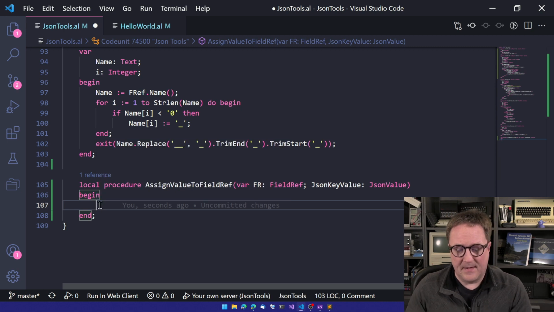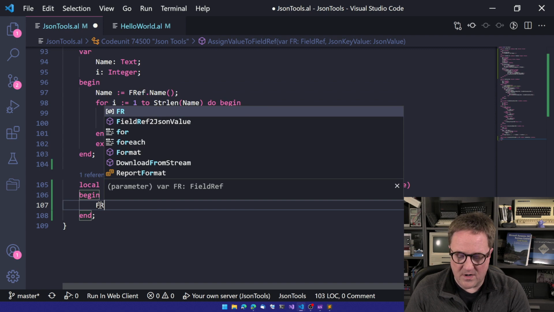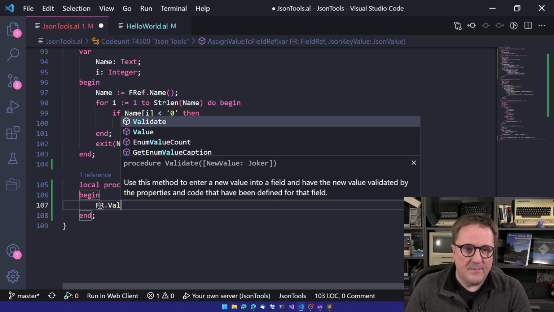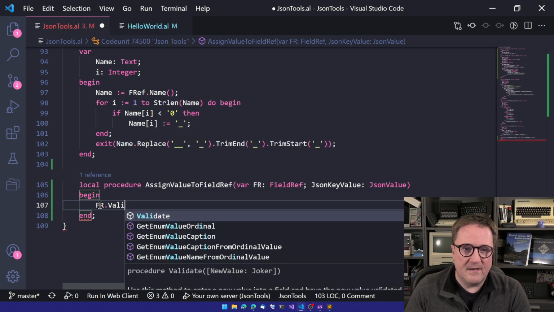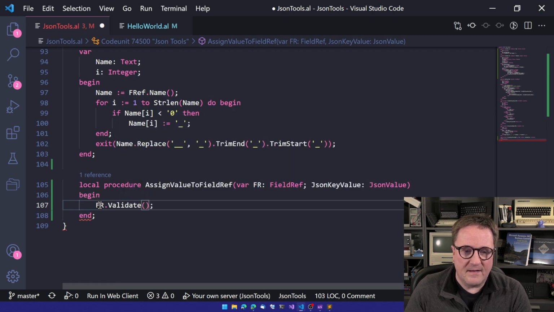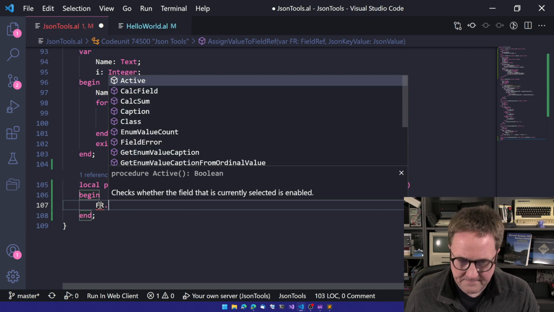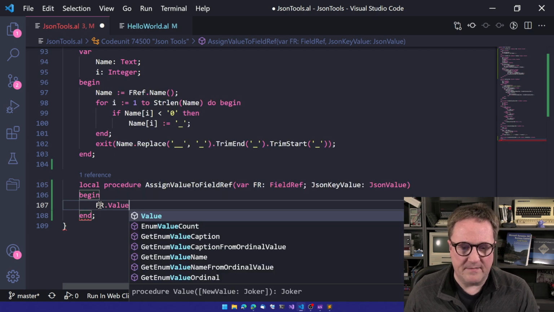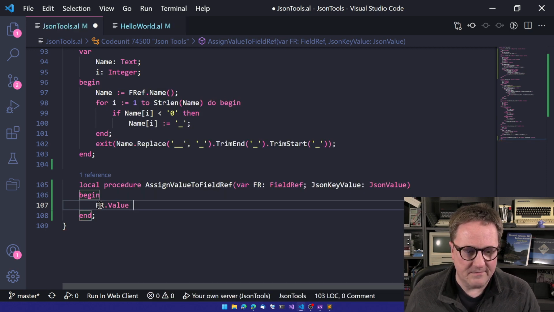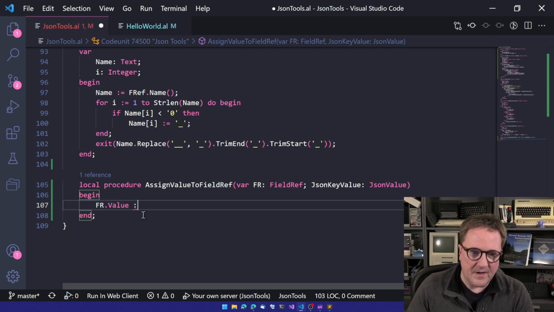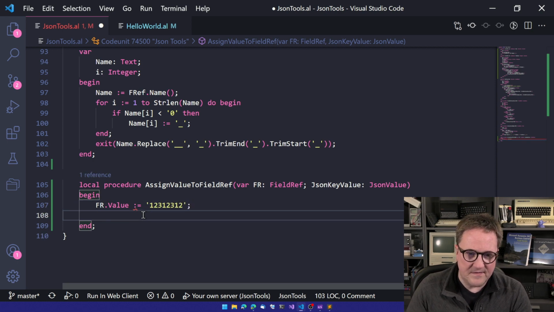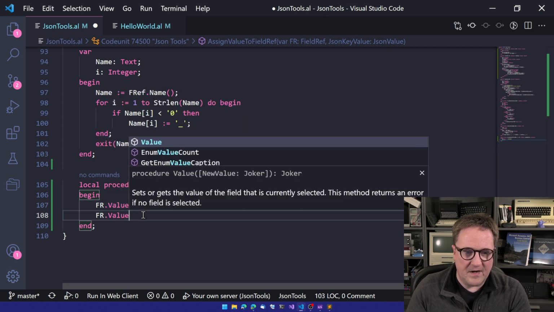Well, you have basically one option to do this right. Sorry, that was where I got totally sidetracked. So you can assign something to FieldRef.value, but you see, this is weird here. If our value